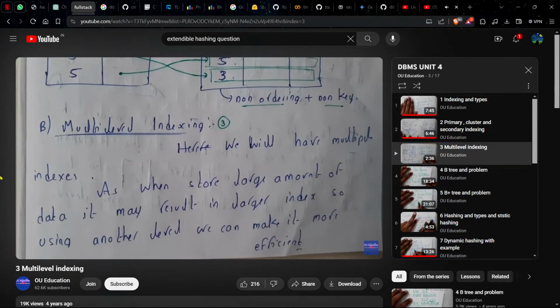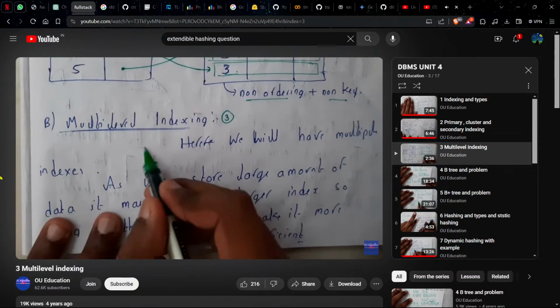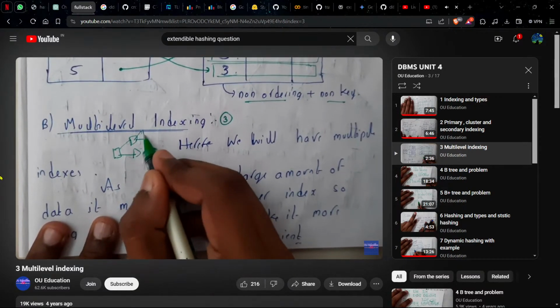Hello guys, back to the next tutorial. In this tutorial, let us go to multi-level indexing. So till now we are having only a single index, right? So single level of single index. Whereas now we will have multiple levels of index. So if you want a small example, we will have one index. So in that index we will be showing the values of another 2 indexes. So this process continues, and at the end you